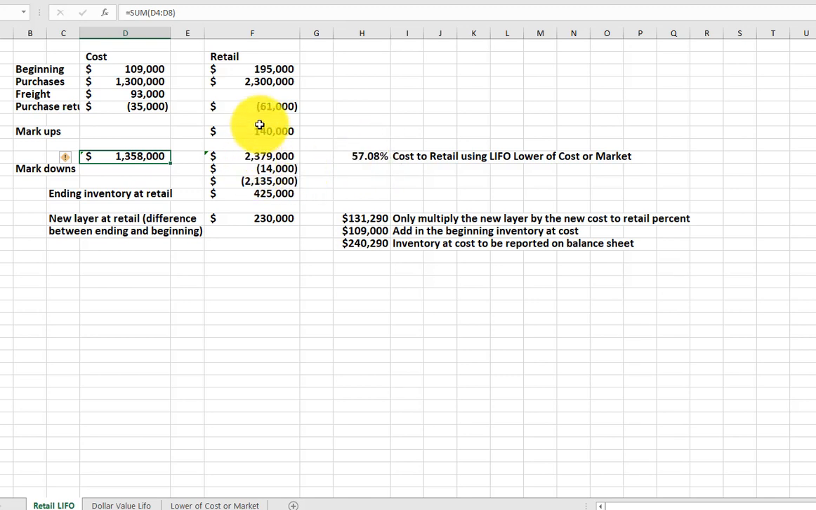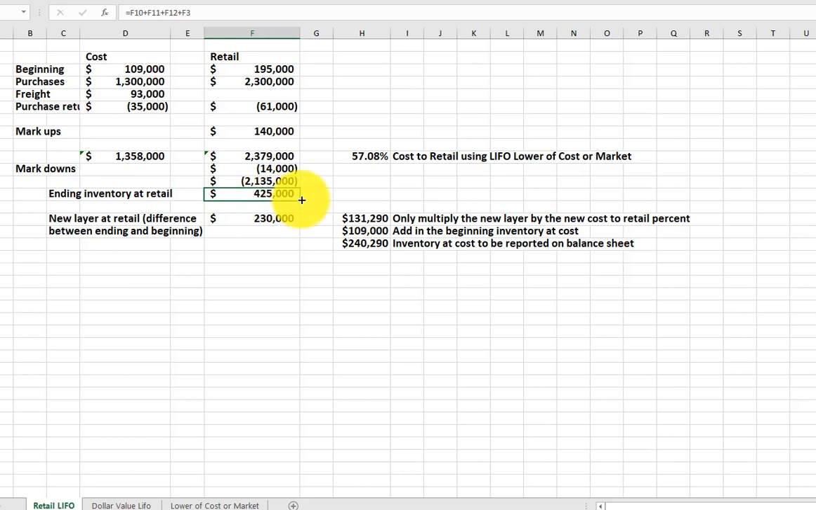Now, we left out the markdowns in calculating our cost to retail, but we have to put it in because we need to know what our ending inventory at retail is. So you can't just take it out altogether. You just have to wait till you've calculated your cost to retail. Markdowns are there. Sales, this is your sales. And then your ending inventory at retail,